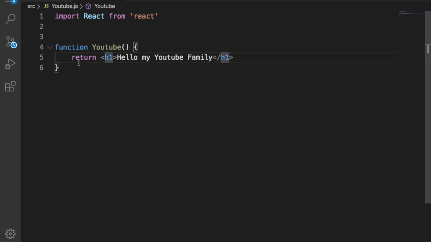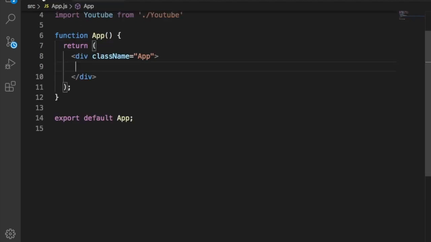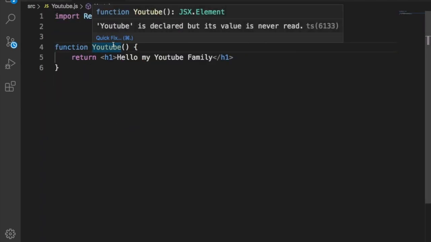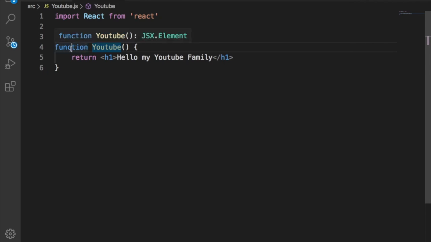All right. Now that we have created our very first functional component, well, I should not say very first, because we already have a functional component called App.js, which is itself a functional component. So we are making our very first new one. That's why I'm saying our very first component.